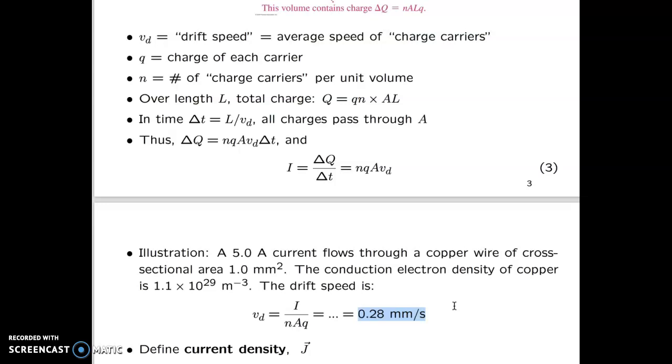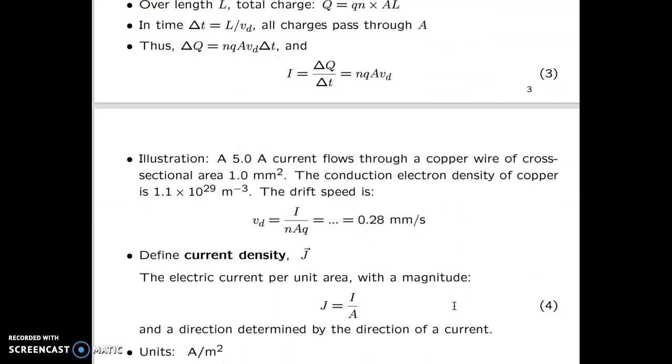So this is a really simple calculation, kind of trivial, but it gives you some sense for what this drift speed would actually be in a real material like copper. Now that we've defined